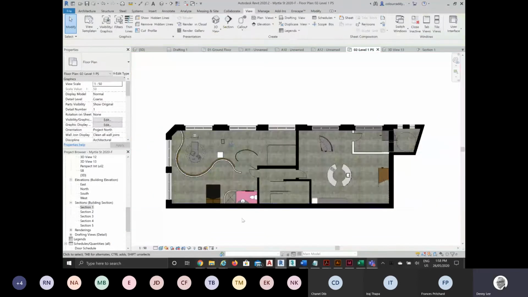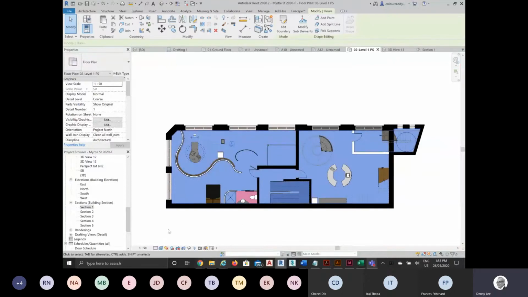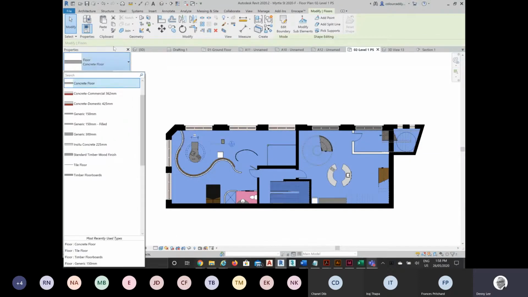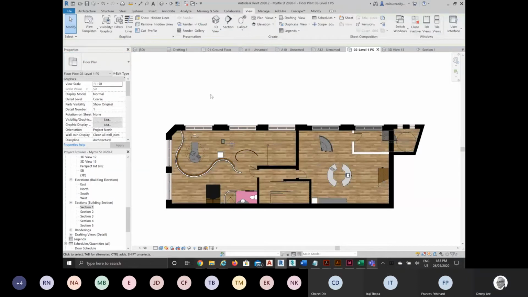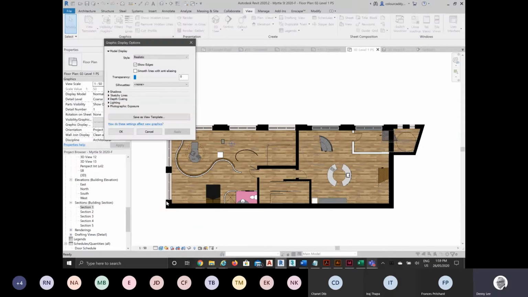Okay, so there you can see I've got my concrete floor there. I might just change it over to the timber one because I've got a timber floor there that's a little bit nicer. Okay, and I'm sure a lot of you have done this, setting your plans to realistic to get a quick rendered plan. You can still bring these into Photoshop and take them a bit further if you want to. But I just want to make sure you also know about the graphic display options setting there,